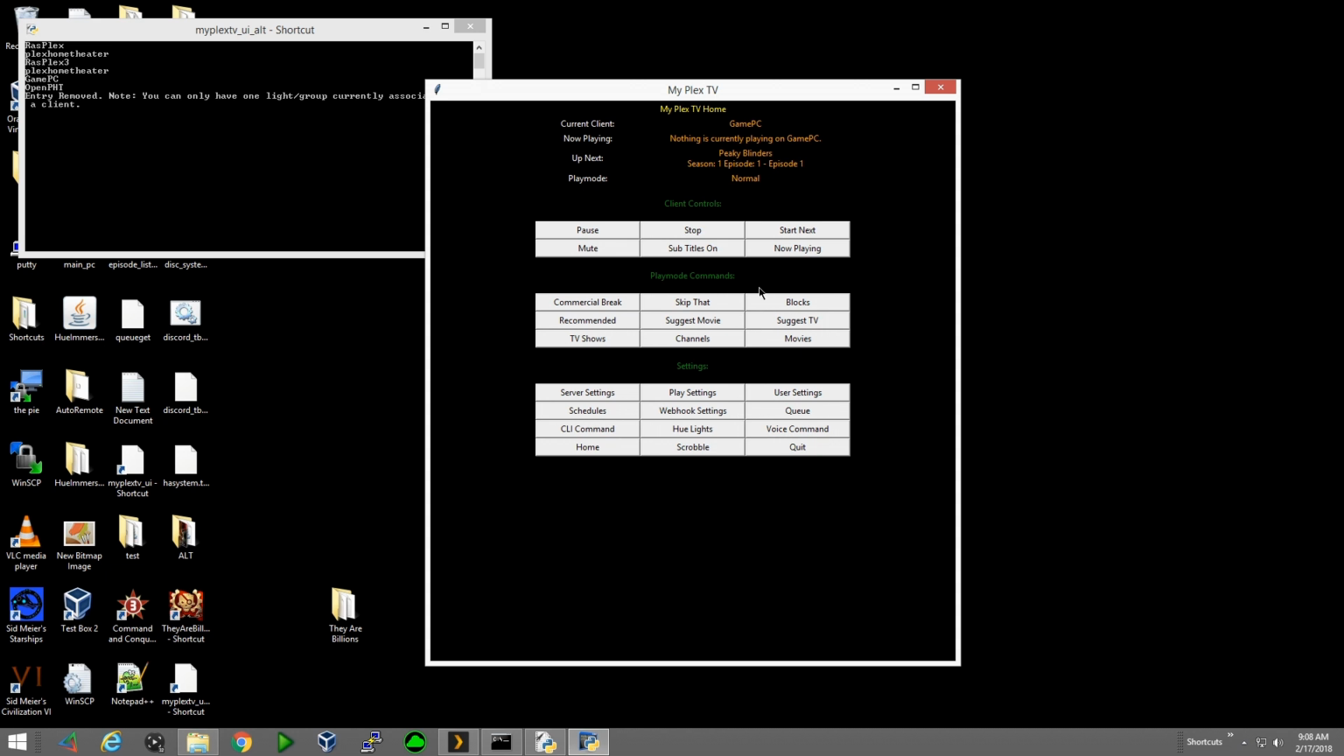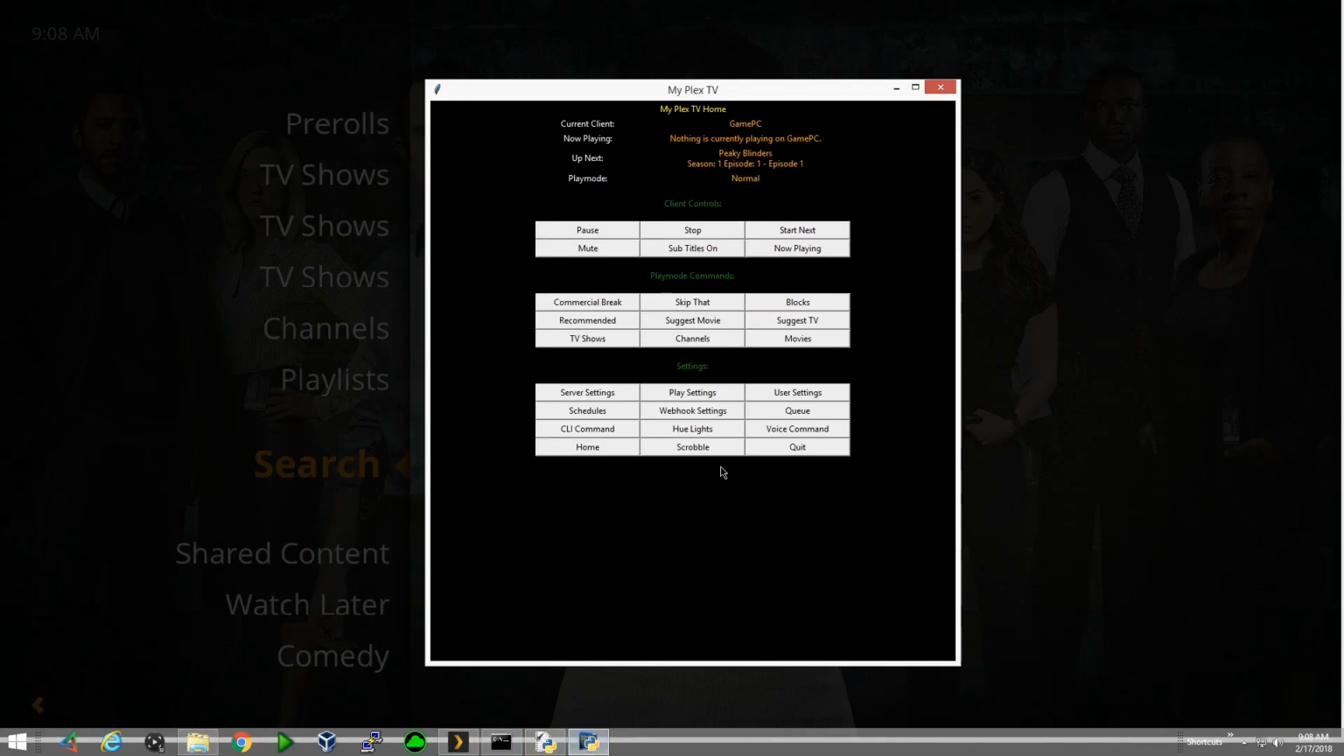So some other options you got in here. There's voice commands. It's pretty straightforward. If you have the required library installed, speech recognition, you will see this voice command button. And you have